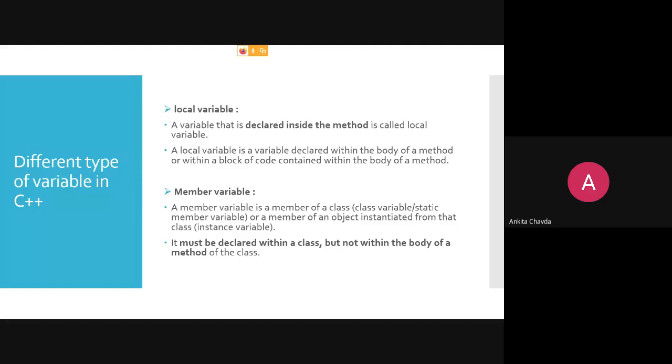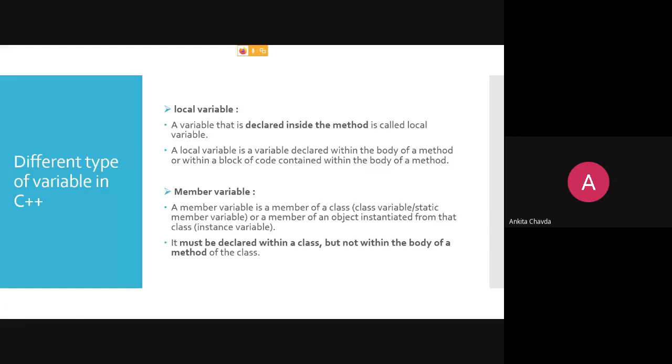I'll simply show you the example very next, so don't worry. And what is the member variable? A member variable is a member of a class. So what could be the scope of that? The opening braces and the closing braces would be your class scope, and within this scope your member would be accessible, then it is known as your member variable.